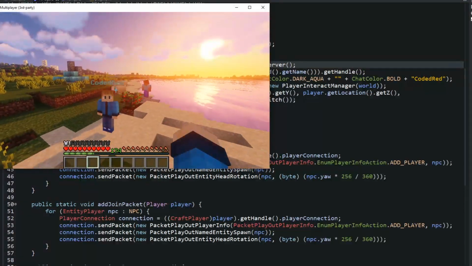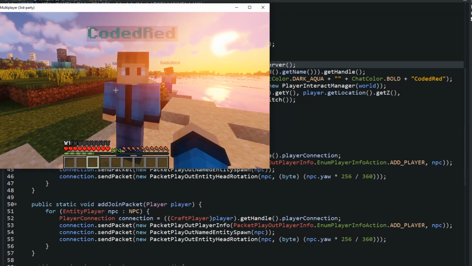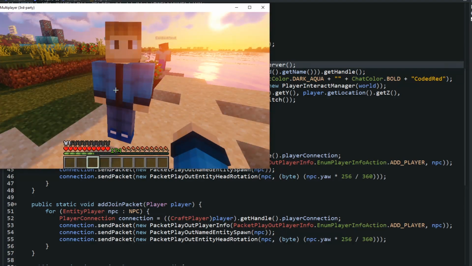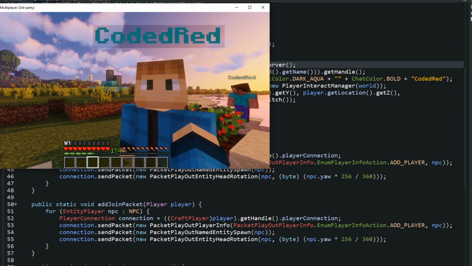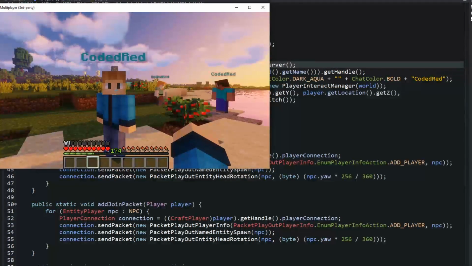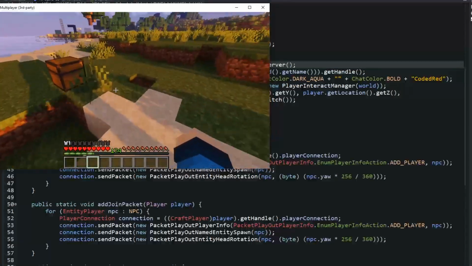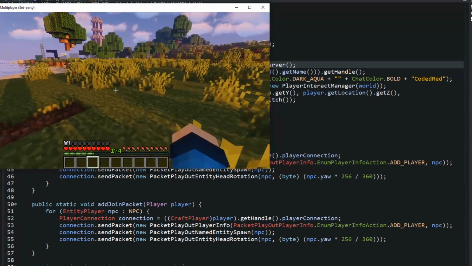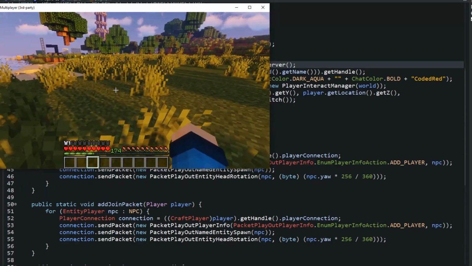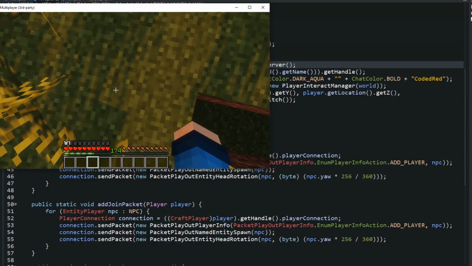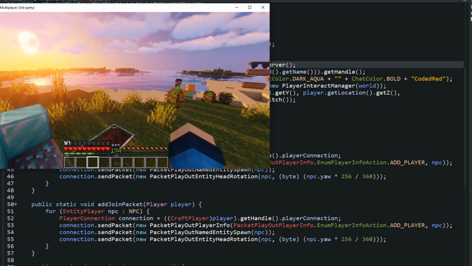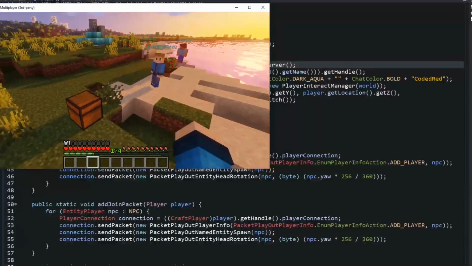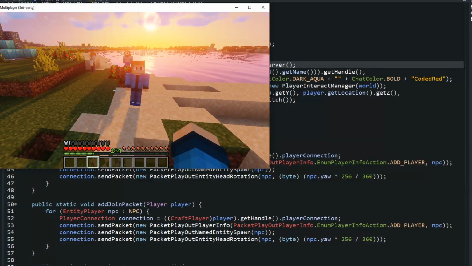So y'all have 1 week to decide, to comment, to join my Discord, let me know what you want to see. Do you want to see a video of when I click on this NPC, a GUI opens? Do you want to see this NPC killing me with a sword? Or NPC holding stuff. Or when I click on him he flies in the air. Or I saw a cool plugin where when you crouch, an NPC spawns on you and you're invisible, so you can crawl around and no one can see you, and when you stand up again a new NPC will spawn right there. That's a pretty cool plugin. I can create stuff like that. Whatever y'all want to see, let me know. You have 1 week to decide. I'm gonna post that video probably Friday, so let me know what you want to see.